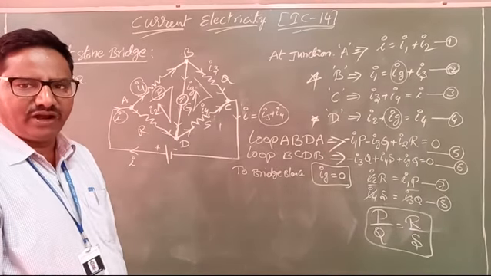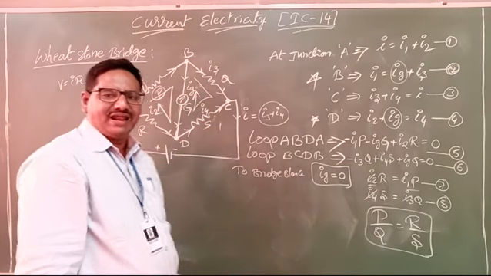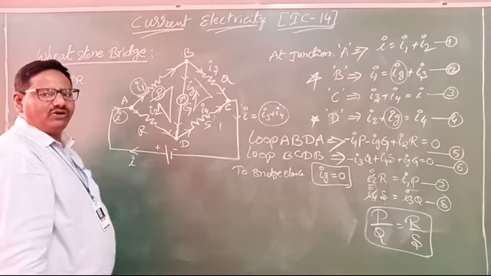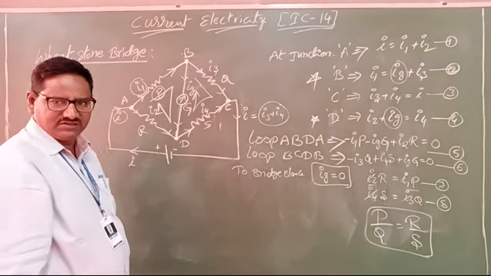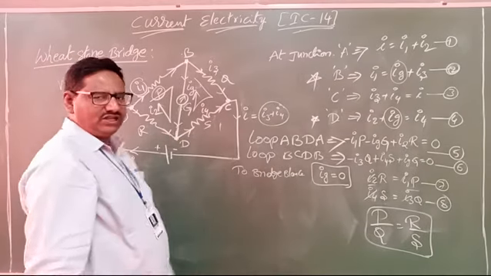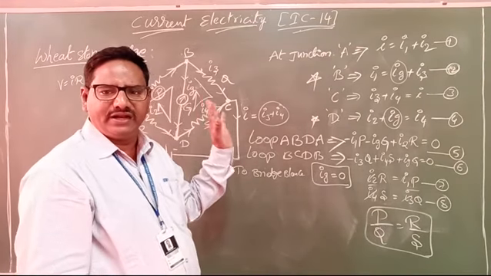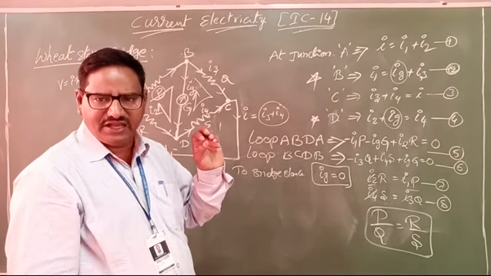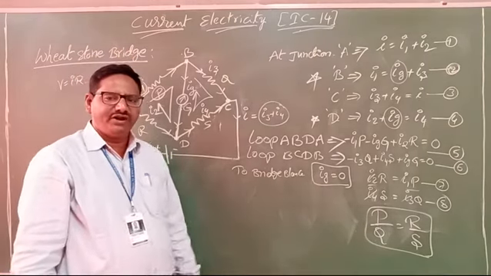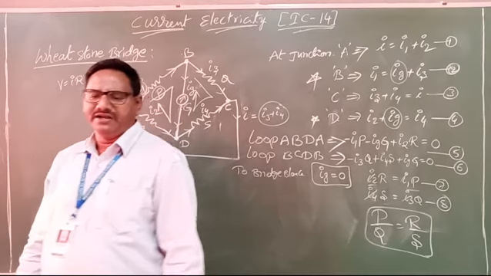Okay, most important. But here we need to remember one important point. When it is balanced, all these resistance values must be in this ratio, and only then is the bridge said to be balanced. Do you follow? The resistance values are adjusted to this ratio. When the two ratios are equal, only then does the galvanometer not show any reading. That means Ig equals 0. Then only is the bridge said to be balanced. That's why the Wheatstone bridge principle is P by Q equals R by S. This is the principle.